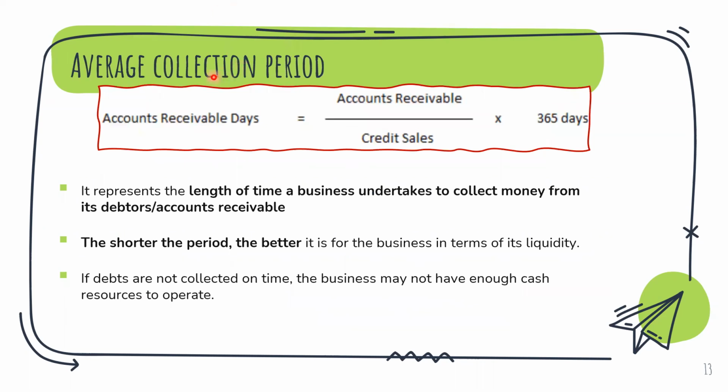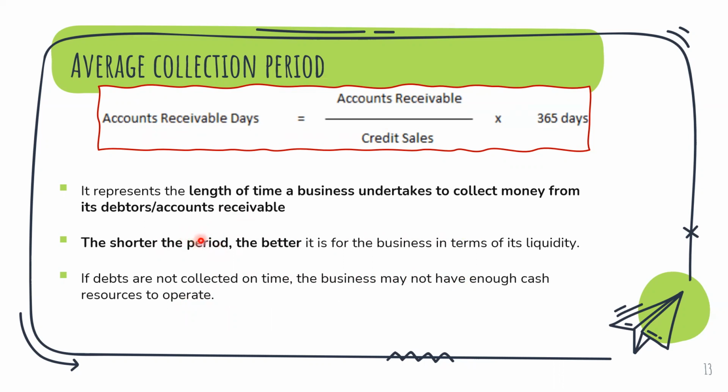The next ratio in the efficiency ratio is the average collection period. It is also known as accounts receivable days. This ratio represents the length of time a business takes to collect money from its debtors or accounts receivable. As a result, the shorter the period the better, as the business has better liquidity. Because if the debts are not collected on time, the business may not have enough cash resources to operate. So the shorter is better because